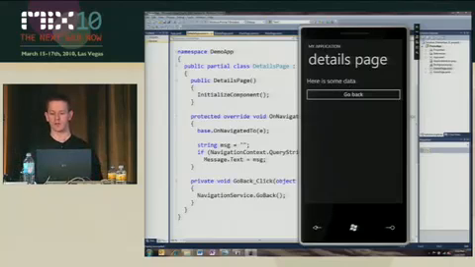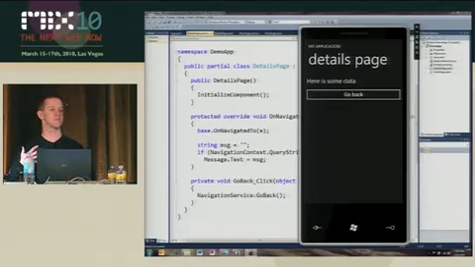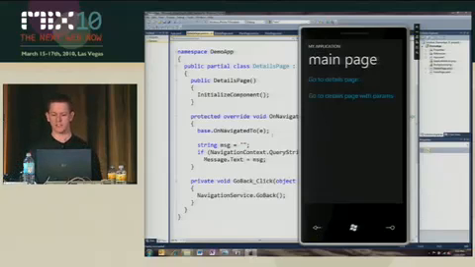So not a super complicated example, but this is just to let you know it's the same as Silverlight 3 navigation, and it's very similar to web navigation. So if you know how to do that, you know how to build a Windows Phone application. So let's do something a bit more interesting